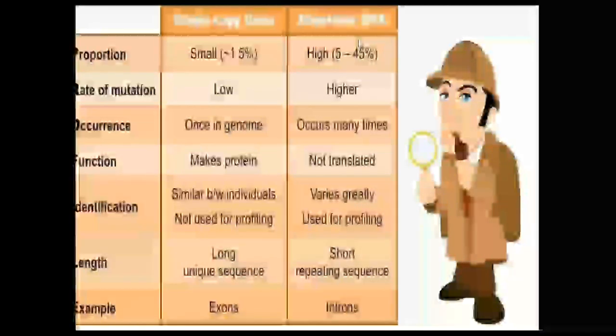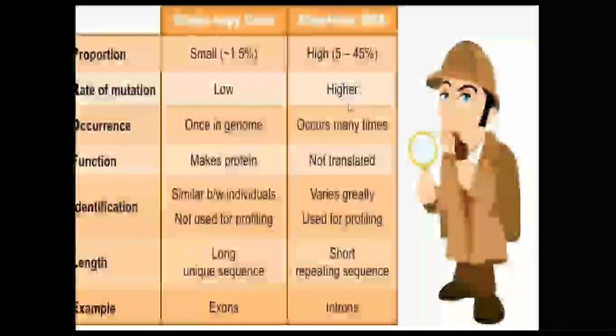If you look at mutation in single copy genes and repetitive genes, a single gene doesn't have much mutation, so it will always be the same. Humans always have 25,000 genes only, and these 25,000 genes are responsible for 25,000 different phenotypic features and the formation of different proteins and enzymes. There is very little mutation for this. It will not be mutated, it will not be changed, it will always be the same.